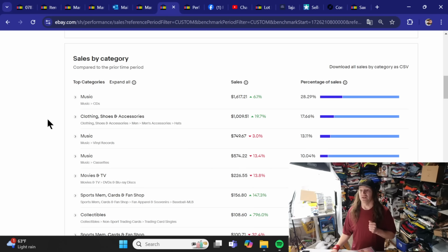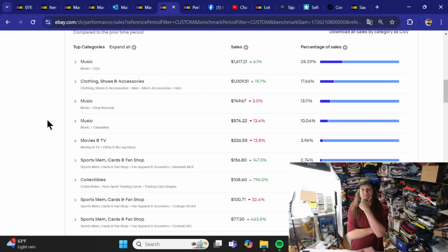Let's see here. So the first day into using the SellerChamp, I'm concentrating on CDs. I'm trying to create a nice flow with it, with